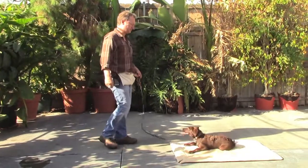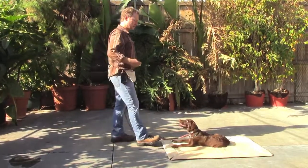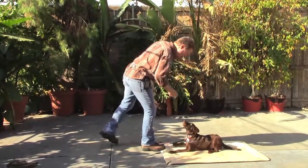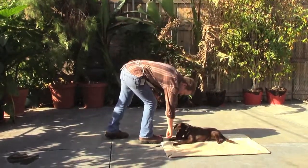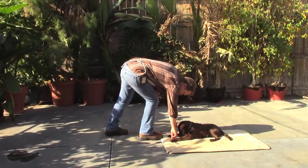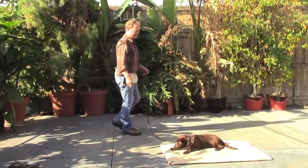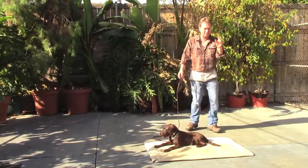He needs to stay there. If he stays there and doesn't bounce around, then you can start to reward him, just like this. See how I'm putting it right on the mat in front of him? Good. He's going to do all kinds of things, like you probably just saw he started to go for my